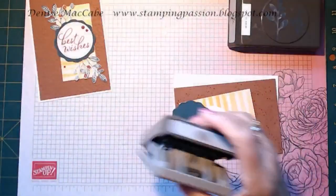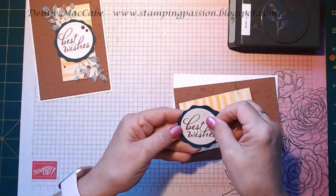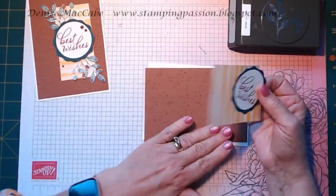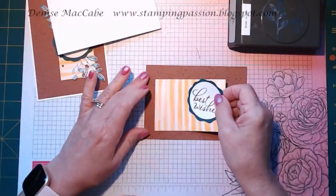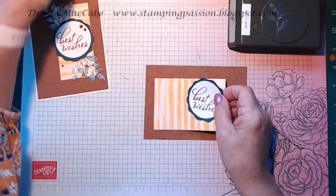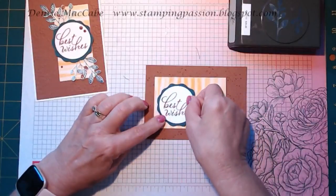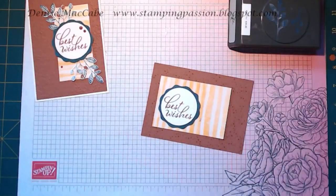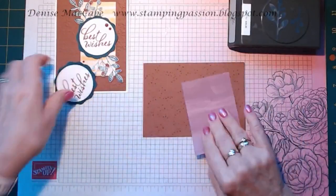So if you are new to crafting, the punches are the best things to start out with. They're great to have in your collection. Get rid of the card base and let's get this happening. I'm going to put it there like so, and that's going to go like so. But now we need to stamp some branches from the layering leaves. So let's put this on first,